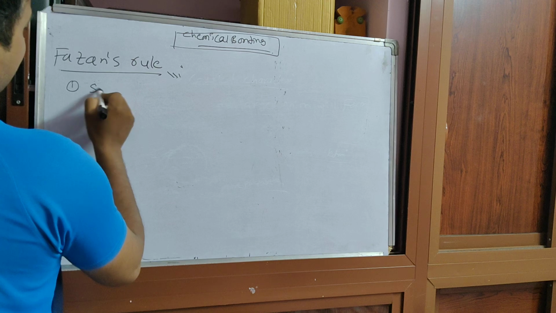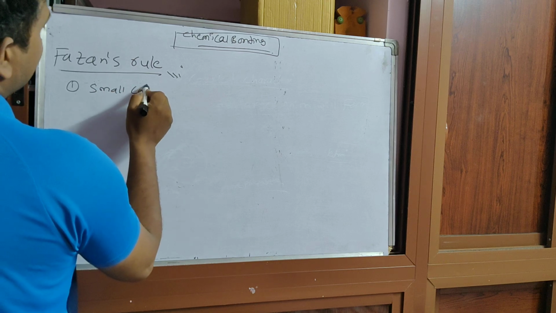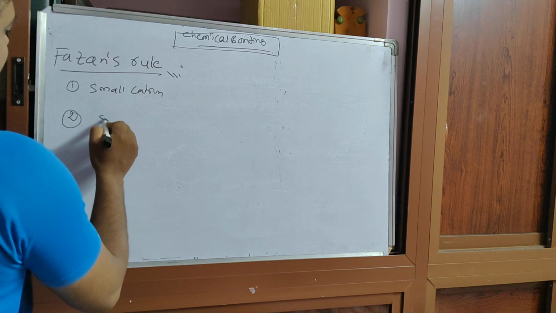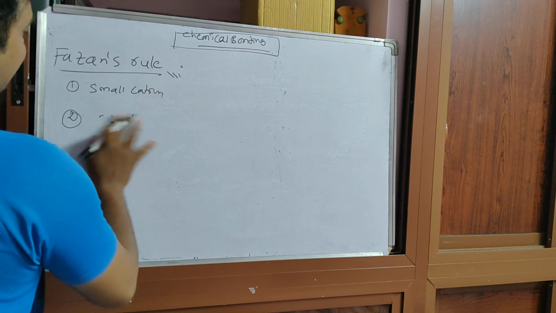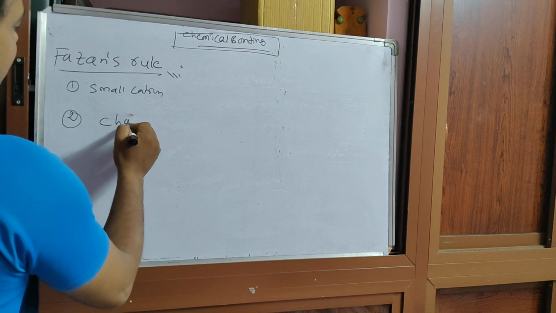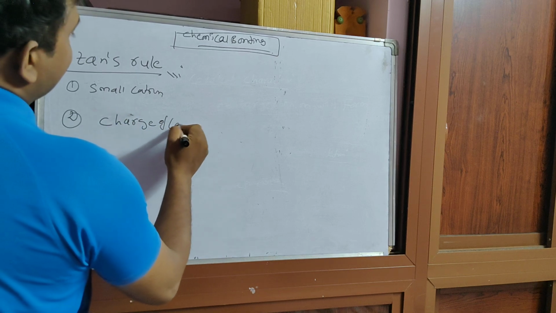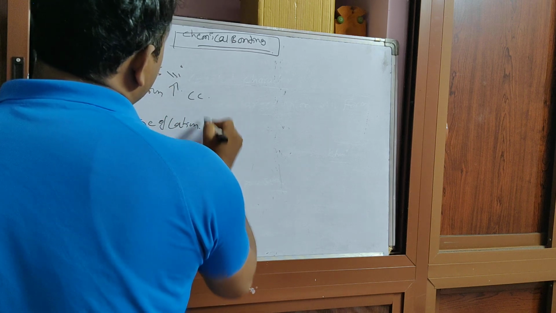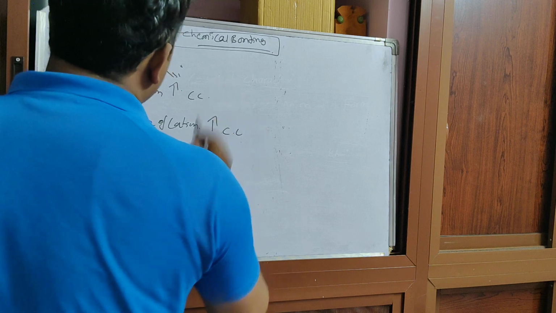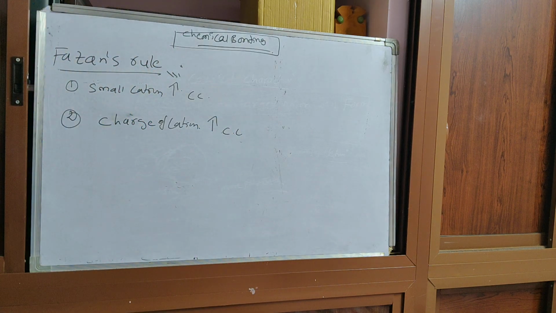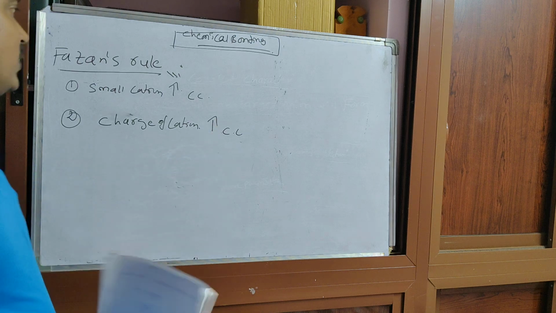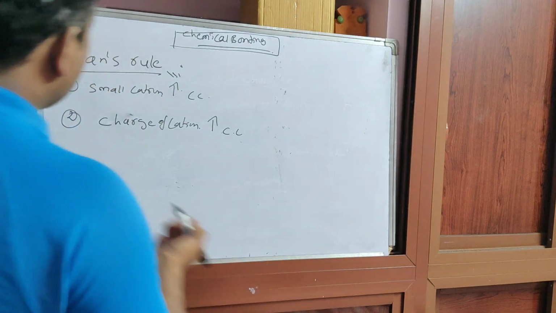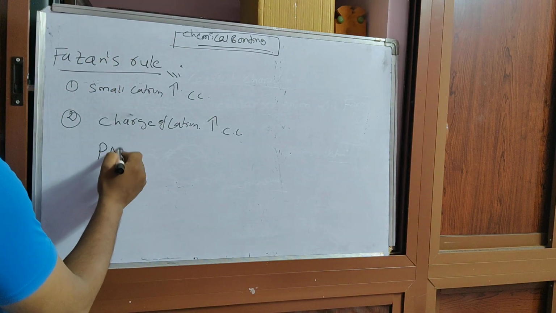First one is the size of the cation, then the charge of the cation. A smaller cation will form more covalent character, and if the cation charge is more, then automatically it will have more covalent character. Next, one more important point: